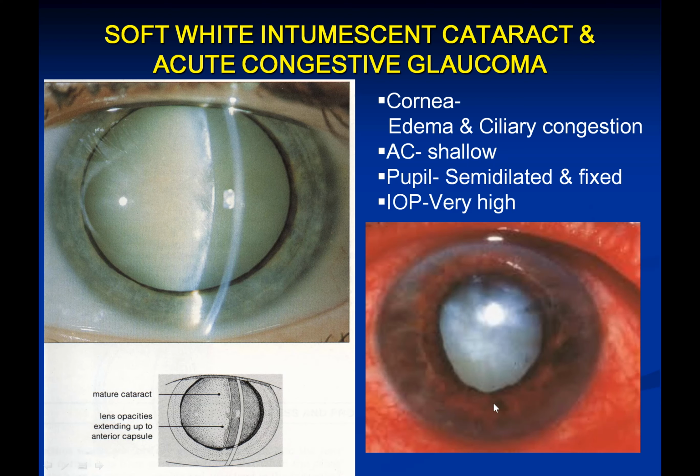millimeter of mercury. This patient will not only be having visual problem, but will be having intense pain in eye, headache, and sometimes nausea and vomiting as well. So this is a typical case of acute congestive glaucoma secondary to cataract, known as phacomorphic glaucoma. Its treatment is same as for acute congestive glaucoma, and once pressure has come down, the next treatment is the treatment of cataract.